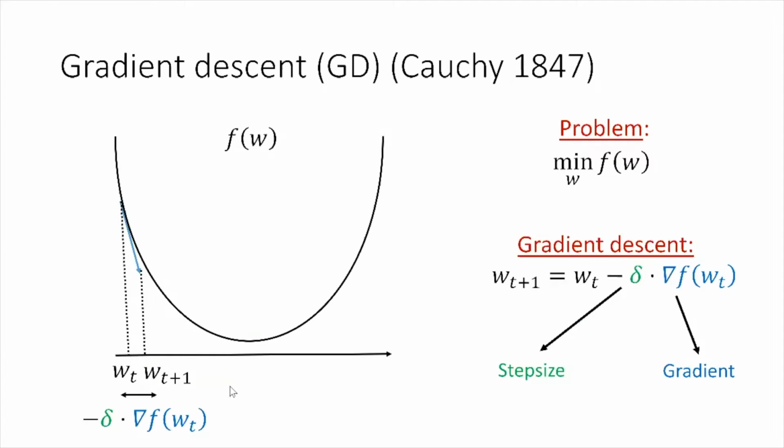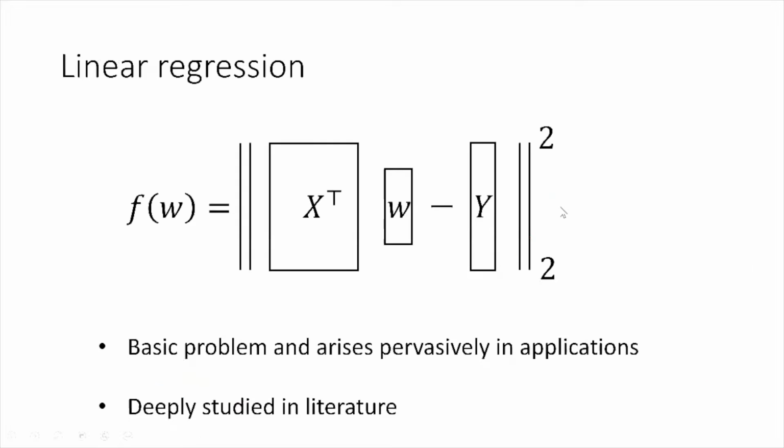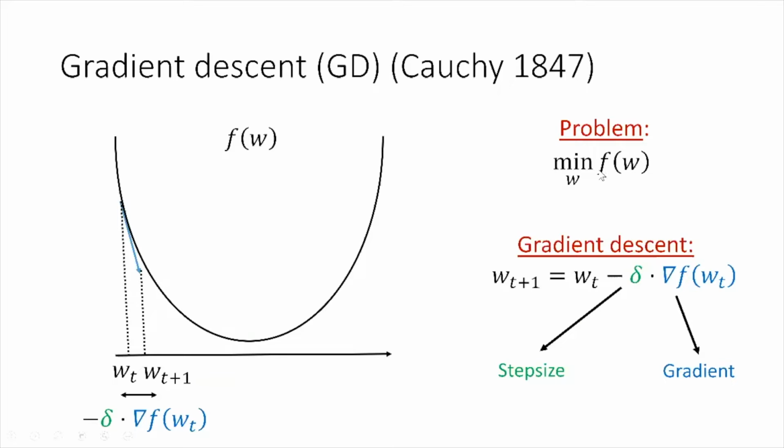So let me begin with a brief introduction to optimization. One of the most fundamental and classical algorithms for optimization is gradient descent, and it goes all the way back to Cauchy. The idea is that if you would like to minimize a function f over a parameter space w, then gradient descent looks at the direction in which the function decreases the most if I were to move a unit distance. And the next iterate w_{t+1} is nothing but w_t